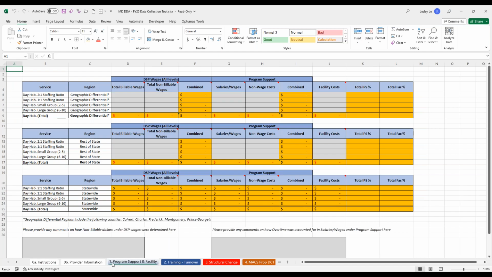None of the cells or any of the actual data collection piece of it has been changed, but some of the directions that are attached to the headers have been updated to be a little more clear. So if you've already filled out the tool, thank you very much. Nothing has changed, so you don't need to go back and adjust anything, but we've just sent out clarifying directions.